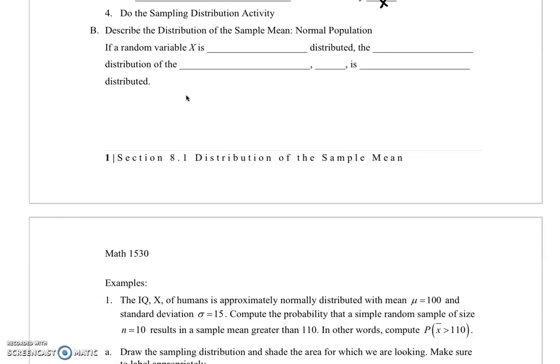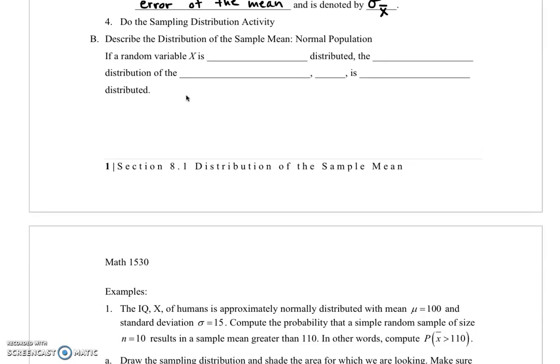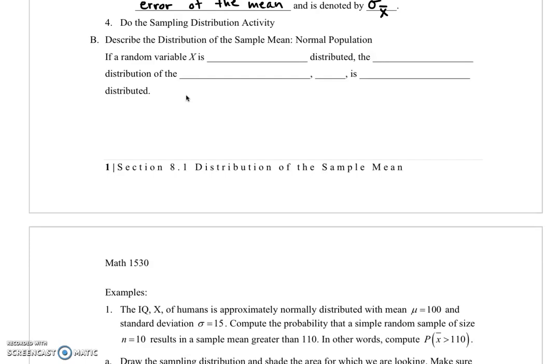Now that we've seen how a sampling distribution of the sample mean is constructed, let's talk about what that actually means. So we're going to describe what the distribution of the sample mean looks like when it comes from a population that is already normal. So if a random variable x is normally distributed,